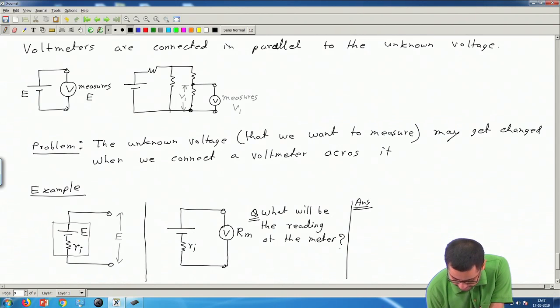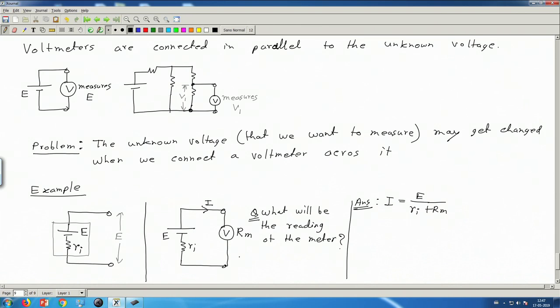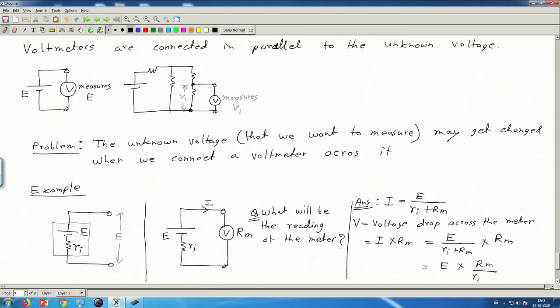If I connect this voltmeter, then the current I that flows in this circuit is given by E divided by Ri, the internal resistance of this source battery, plus Rm. And then the voltage drop V across the meter will be this current I multiplied by Rm, by Ohm's law. In place of I we write E by Ri plus Rm, multiplied by Rm. You can also write it as E multiplied by Rm by Ri plus Rm,